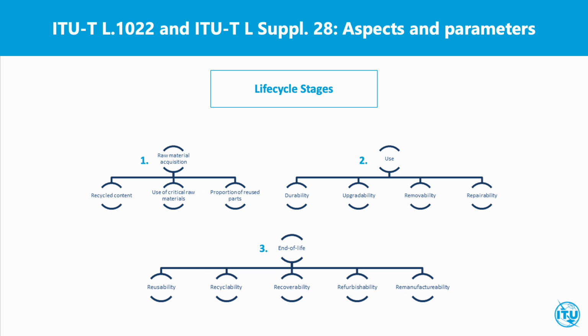Here the circular economy aspects are sorted according to the first life cycle stage where the environmental impacts take place. In the first stage, raw material acquisition, considerations include the following: recycled content. For ICT infrastructure network and parts of goods, recycled material content is an important indicator. However, there is need to consider versatile aspects beyond just simple mass.